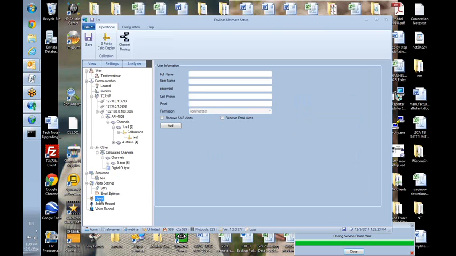The next thing we'll talk about is the users. This is recommended when you first set up a site: just go ahead and go in here and create a user. We'll just create a user called drdas, and a password of drdas. Of course, if you want the user to receive email or text messages to their cell phone, you want to enter that information in here. And then you would also need to select receive SMS alerts or receive email alerts there. So we'll go ahead and click Add,